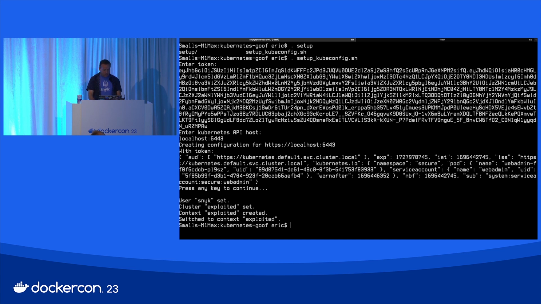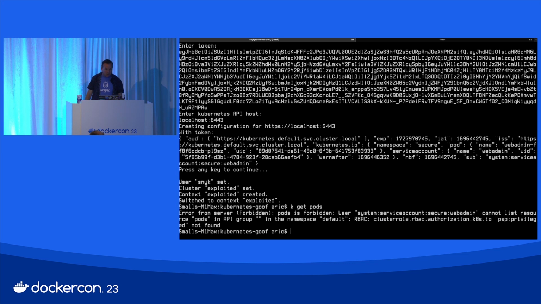Okay. And there we go. So now I have K as kubectl because I alias it because I'm too lazy to type. If I do a get pods, forbidden. Okay. So I tried to get pods in the default namespace, and I was not allowed to. That's good. That means that this service account isn't exposed in default, and we're not exposing that to